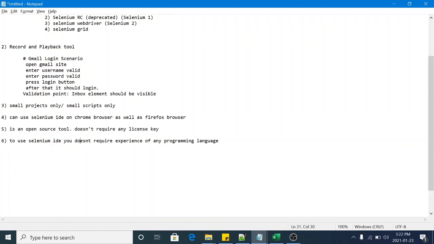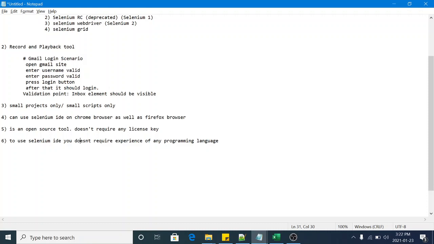Okay, let's suppose I'm a manual tester and I don't have experience in writing Java code or C# code or any language code. Okay, I can still use Selenium IDE because to use Selenium IDE, you just need Chrome browser or Firefox browser. Okay, this is a browser extension. You can launch it and click on the record button and play button. So this is a very easy tool to use.